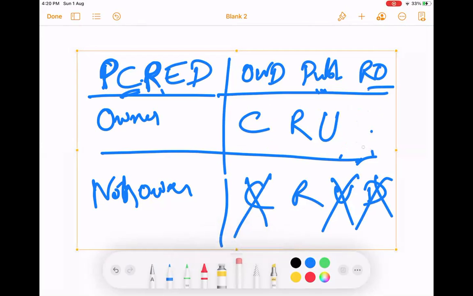Is it getting clear, guys? Yes. But one thing in the public section: when we use the user interface, we can add a record, right? A non-owner cannot create at all, because using the user interface, the creator is always the owner.